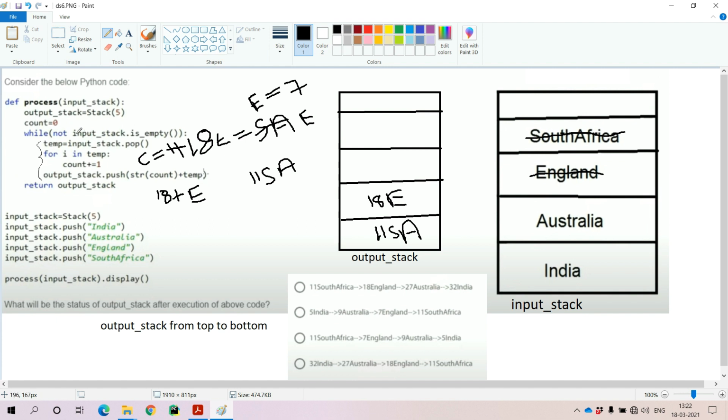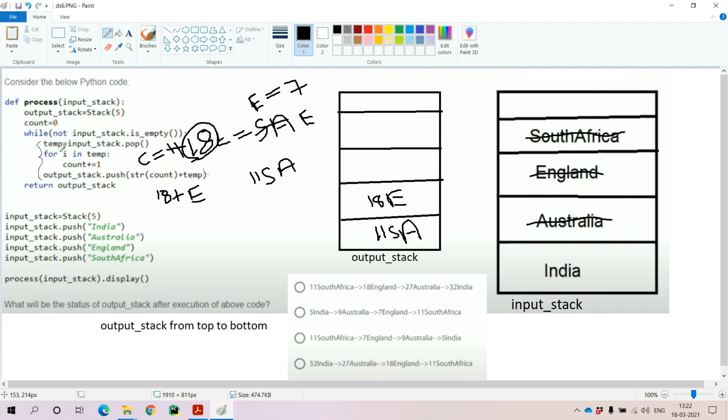Coming to the next iteration, the input stack is not empty, and the next element that we pop from the input stack is Australia. So far the counter variable value is 18. For this 18, we have to add the count of the characters of Australia.